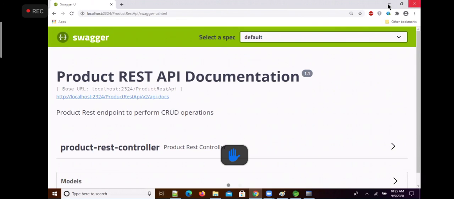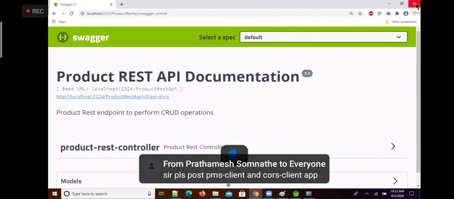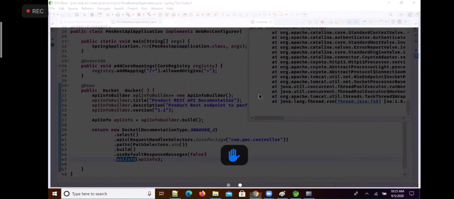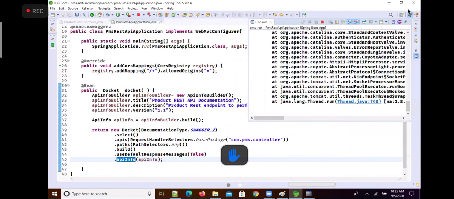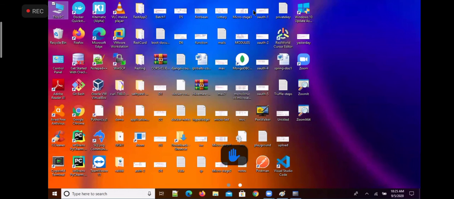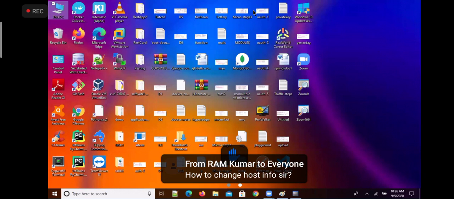I will post this application again to you because it contains no Swagger related things. Now you can go through them. The CARS client app and PMS client app also I will change.